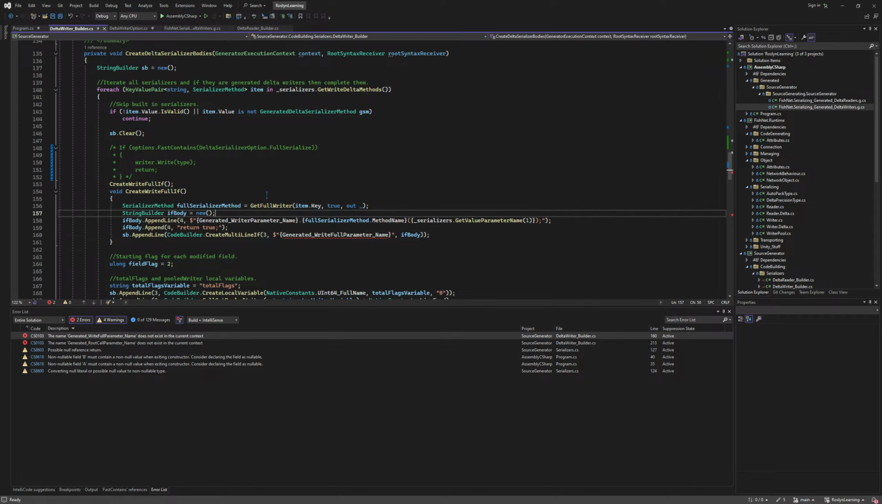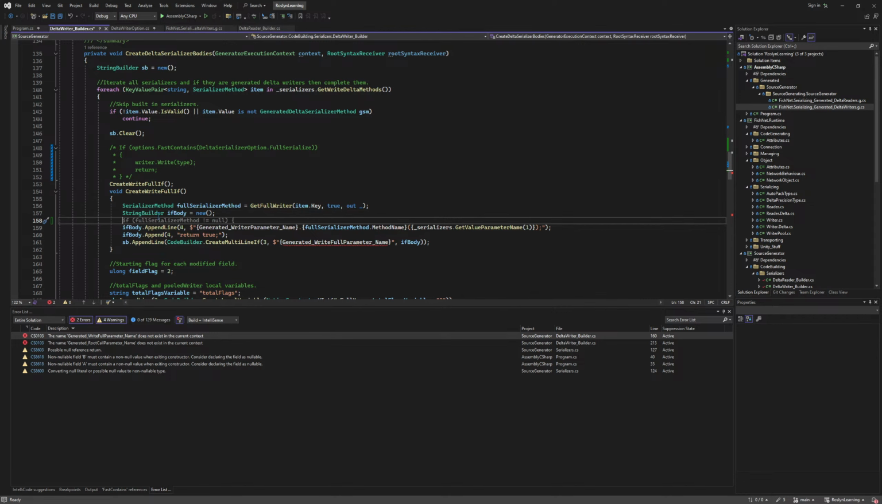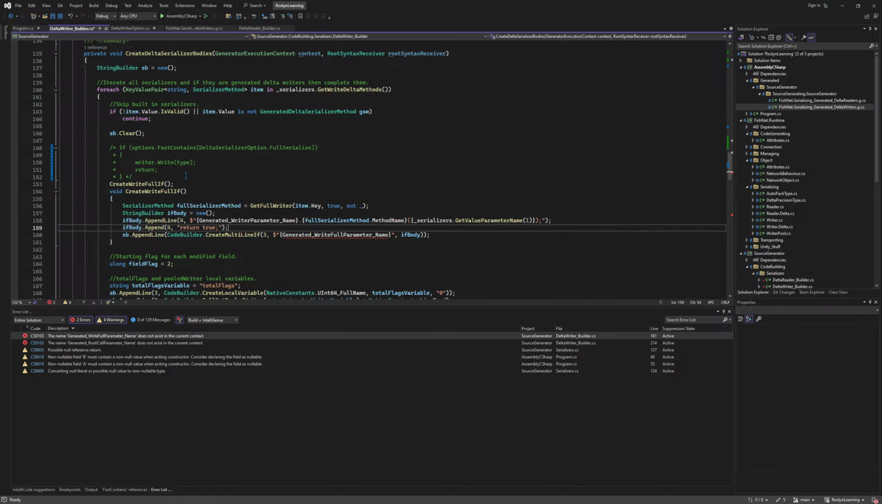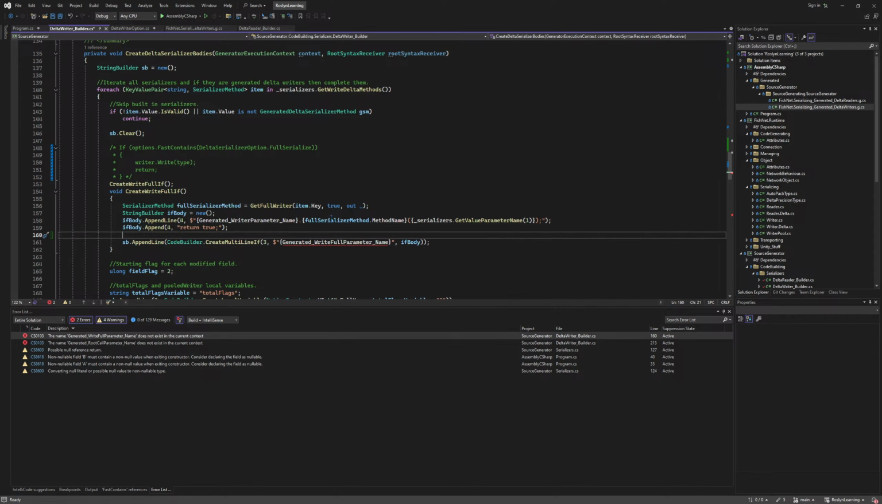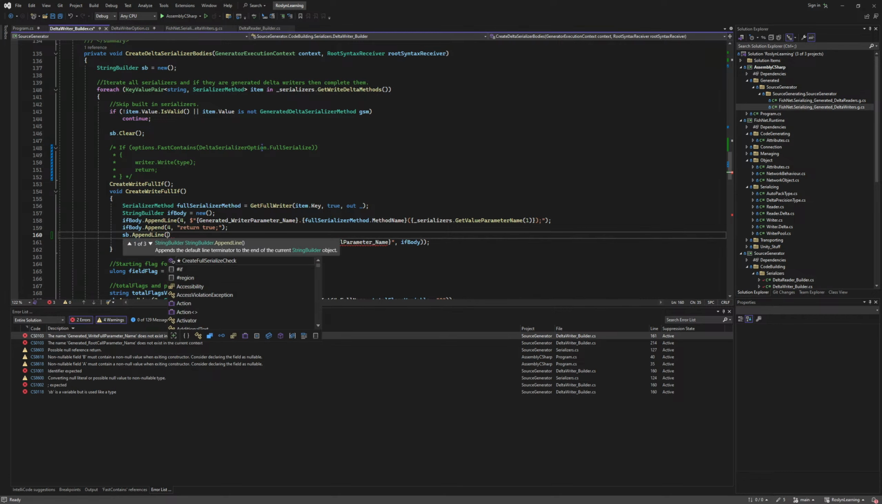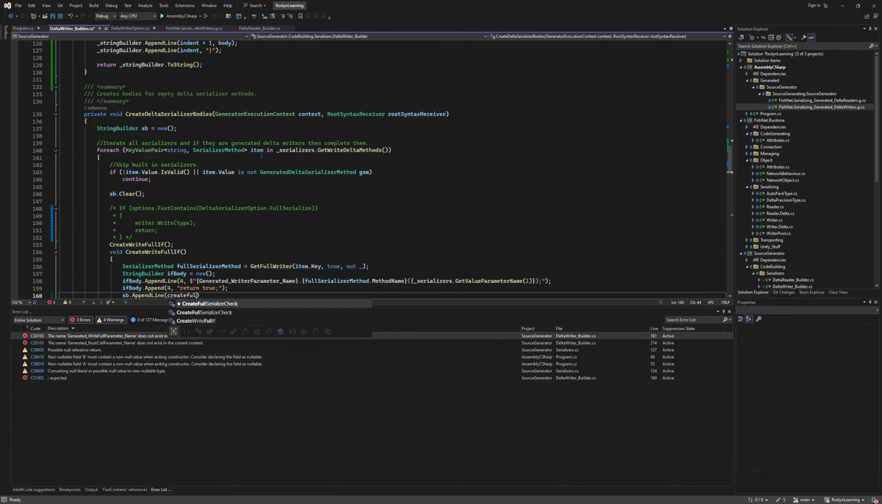Okay, we're just gonna do this differently. This is actually right. This is the text to be added for the actual write call. So now we just need to append it. So we're gonna do sb.AppendLine. SB is like the full writer for the method. We're gonna do append line, straight full